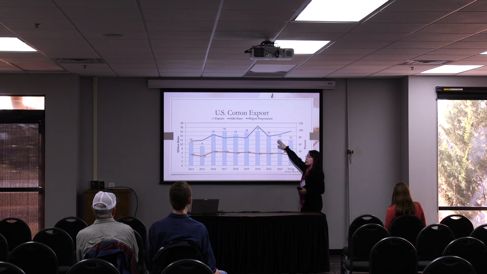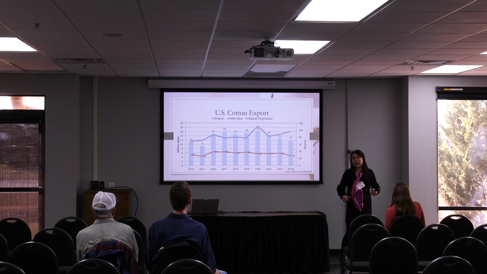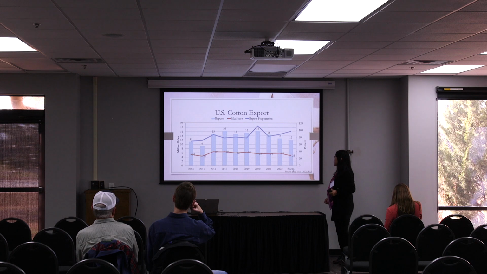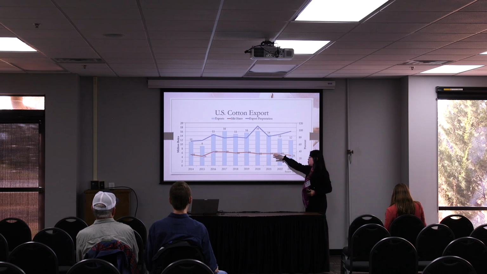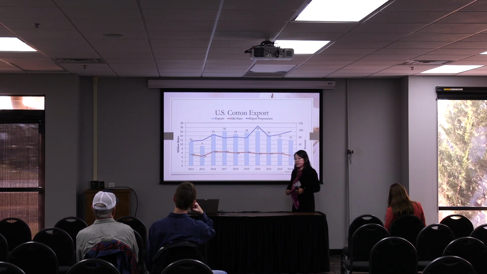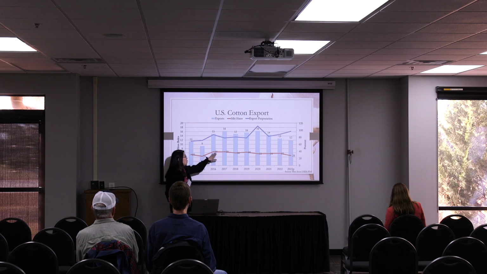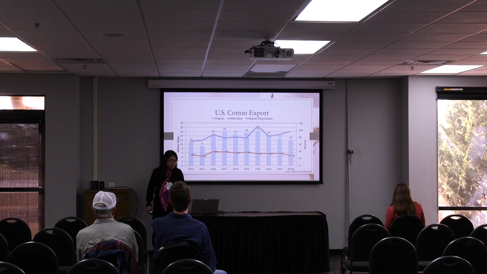Historically, on average, over 80% of cotton produced in the U.S. enters the global market and is exported to foreign countries. And the bottom here is a really important part. That shows the market share of U.S. cotton on the global export market. We have been trending downward. For the last year, it's at 28% global market share, compared to a historical high of around 40% market share.